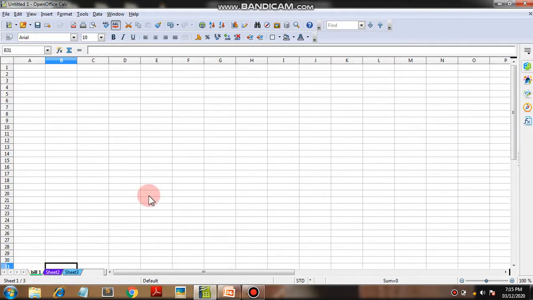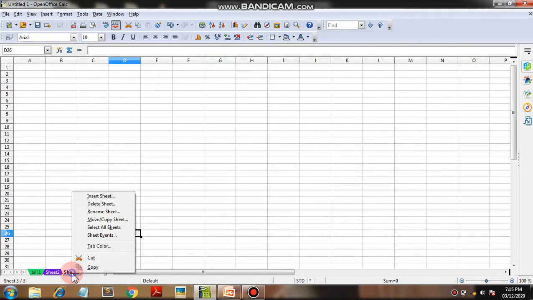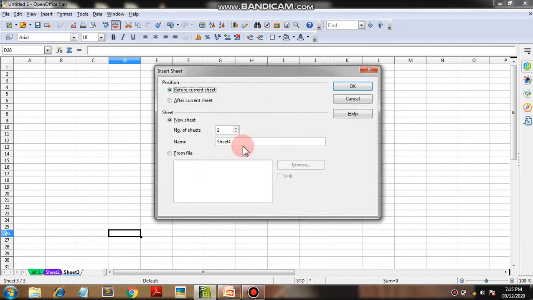Now if I want to add a new sheet, then click on sheet 3. Here again the option is available: insert sheet or delete sheet. Choose insert sheet. Now the position is before current sheet or after current sheet.